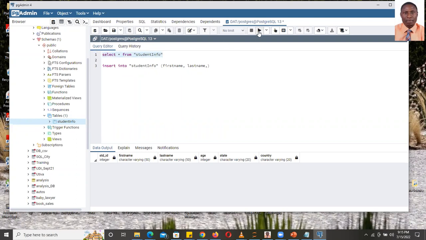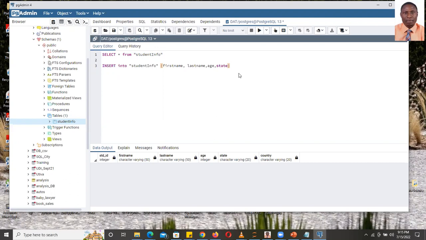It will still run. This play button is what you use to run it. But me, I always like to change it, and I use Control key plus space bar. It will change it to capital letter. Okay, so last name, age,